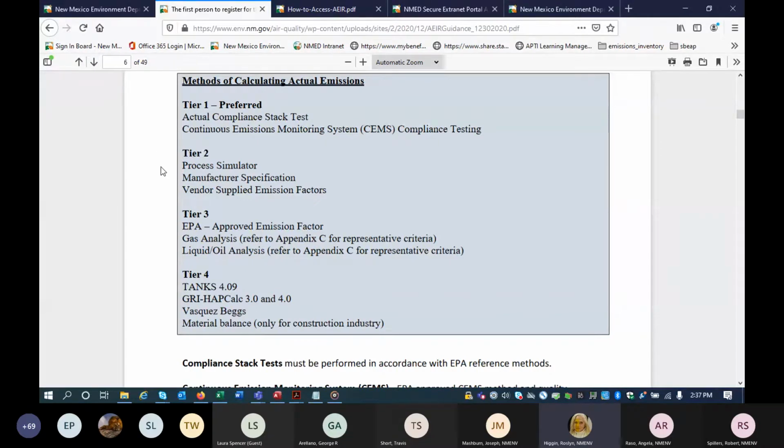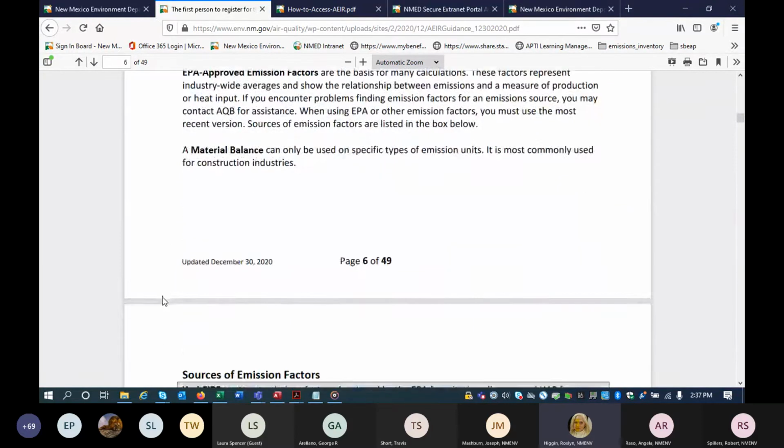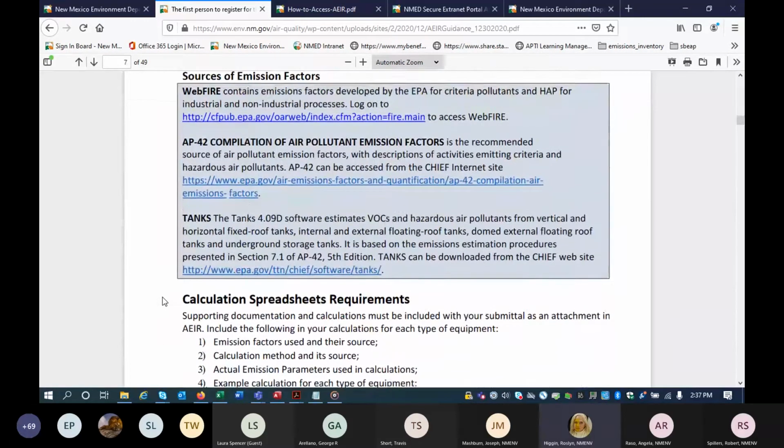And 3 will be the EPA AP42 approved emission calculations. And then you're all probably familiar with tanks and so on. Okay, let's scroll down, some descriptions of each one of those.